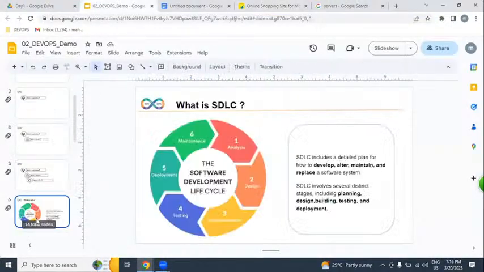But what about SDLC? SDLC is the software development lifecycle. Please be focused on what I'm discussing, guys. In SDLC, we have several stages like analysis, design, implementation, testing, deploy, and maintenance.